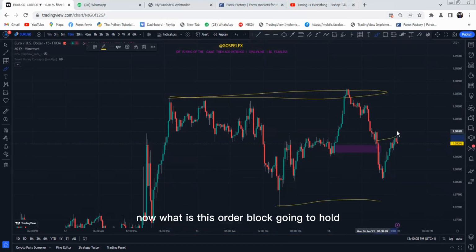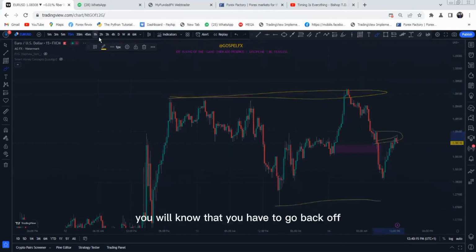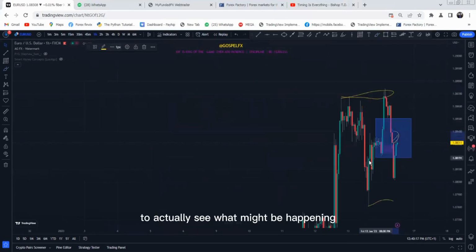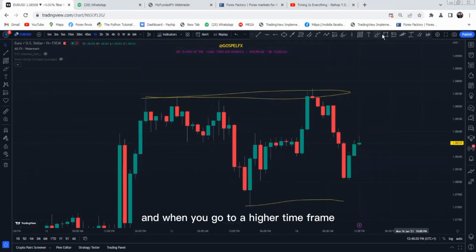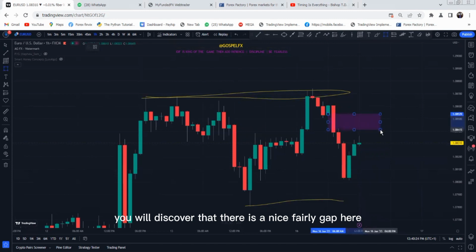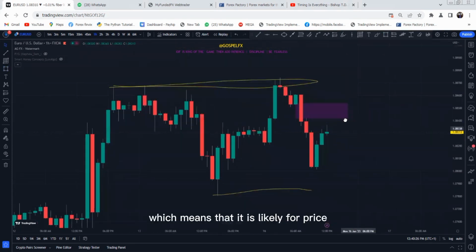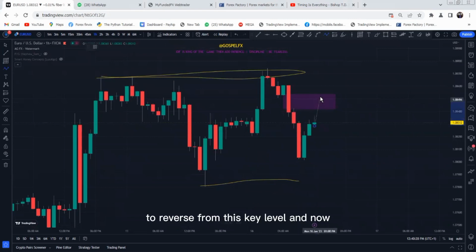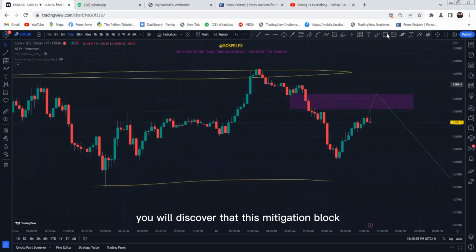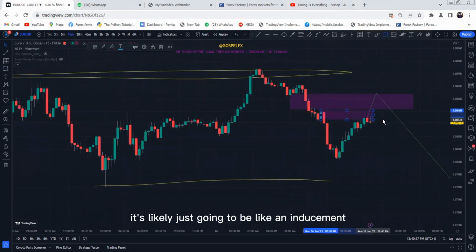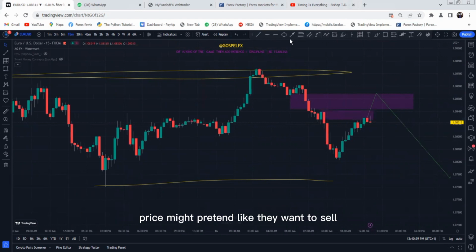Now, is this order block going to hold? That's the question you should ask yourself. And now, if we're on the 15 minutes, you will know that you have to go back up to a higher time frame to actually see what might be happening. And when you go to a higher time frame, you will discover that there is a nice fair value gap here coupled with this order block, which means that it's likely for price to reverse from this key level. And now when you go back to the 15-minute time frame, you will discover that this mitigation block here is likely just going to be like an inducement. Price might pretend like it wants to sell, and further up,